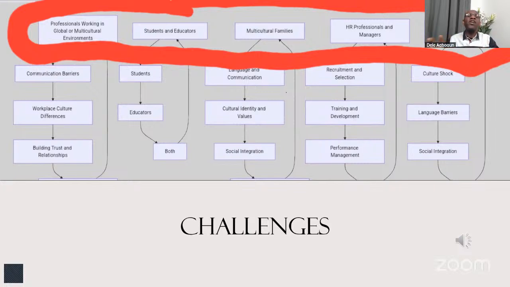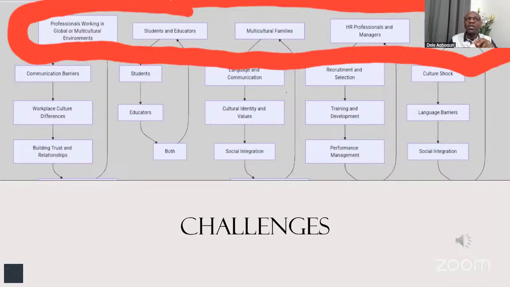If you are not culturally aware and have not enhanced that competence, you will act in a way whereby you find yourself in serious trouble. Sometimes legal action can be taken against you if you are not careful. But this will focus more on recruitment and selection, training and development, and performance management.